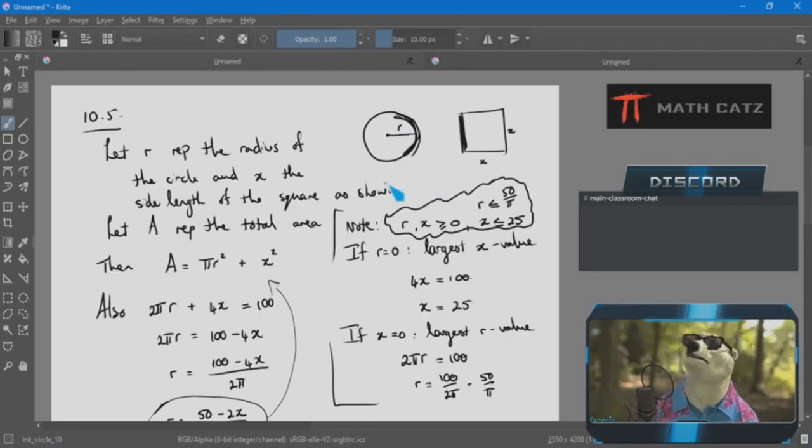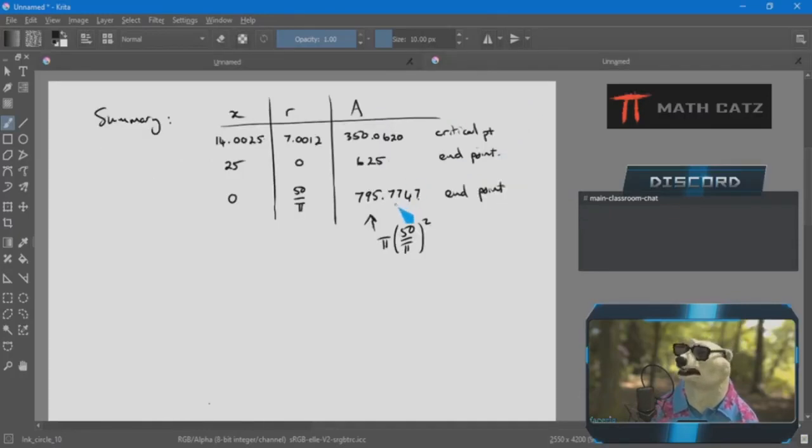But being restricted to just a circle, or just a square, I don't know which one is better. Turns out just the circle is better. So let's say here, just the square,